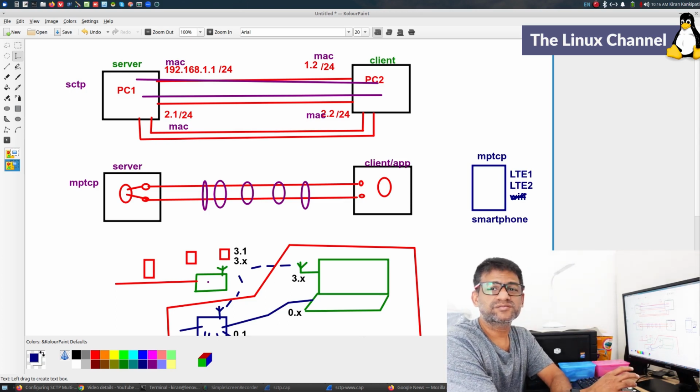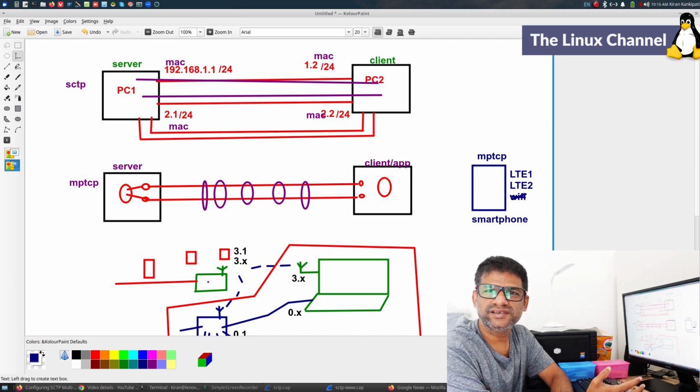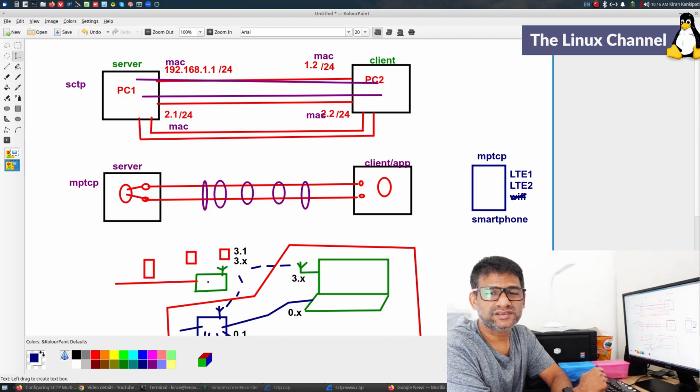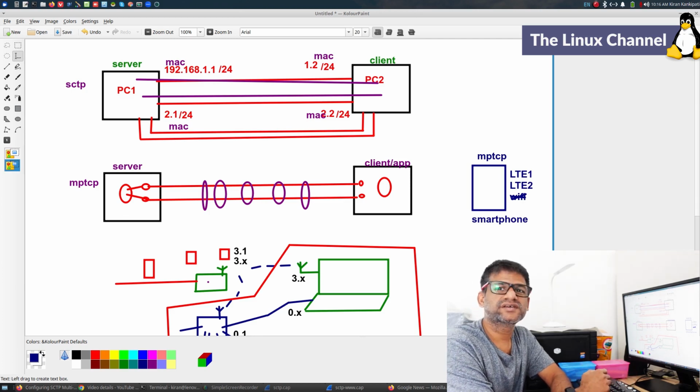MPTCP should make that possible every time you browse anything on the internet, and if it is coming from a TCP source, we can leverage MPTCP. Of course, you cannot do that for UDP based applications.